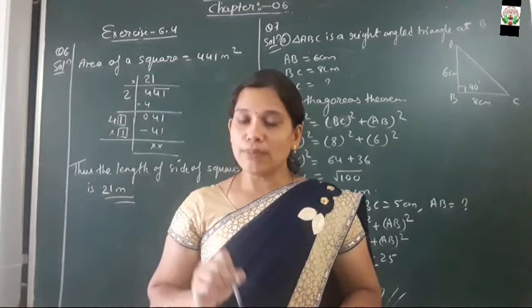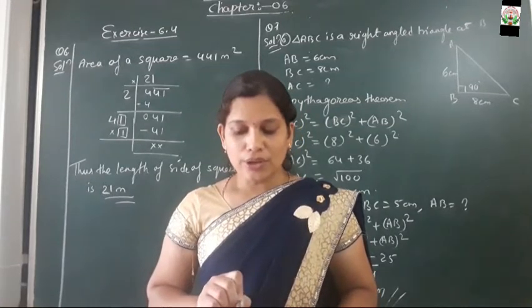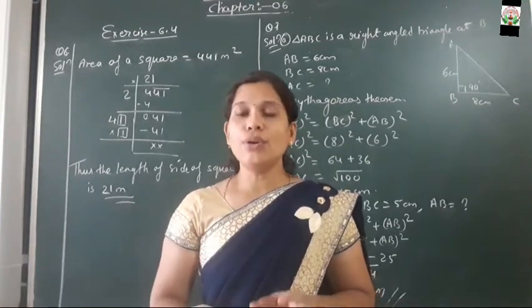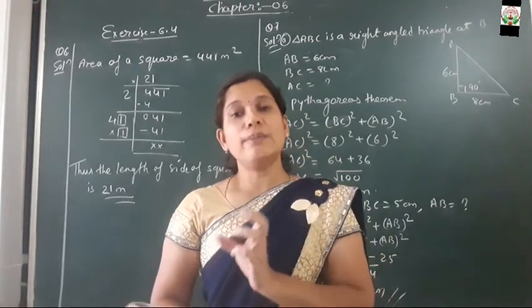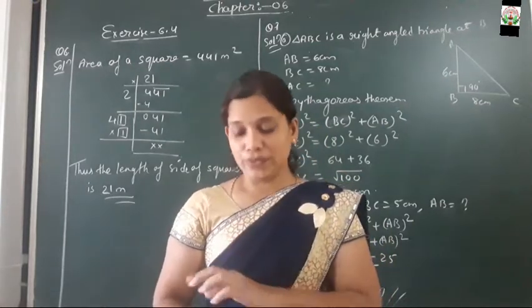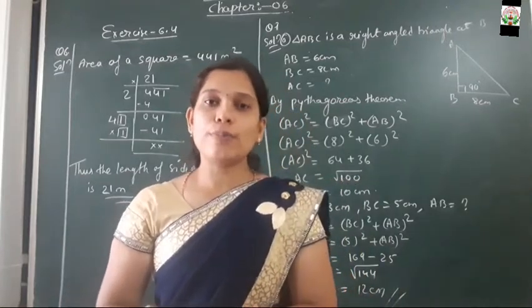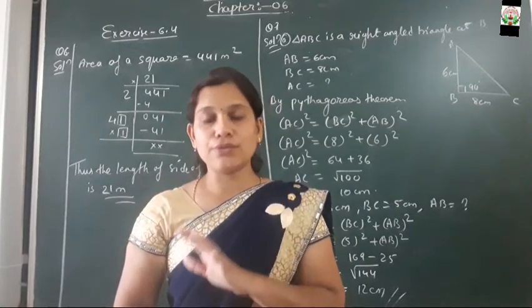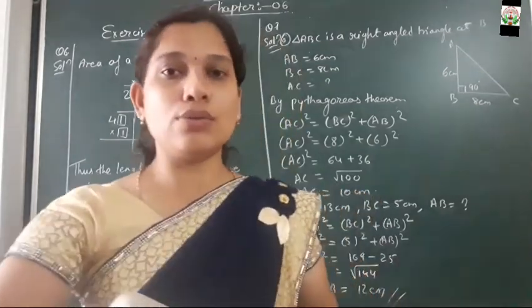So dear students, here it is said the number of rows will be equal to the number of columns, and in that question the number of rows will be equal to the number of plants planted in each row. So for that, as the total number of plants is 10,000, you are going to find it by the long division method. Find it by the long division method and you will get the required answer. Now look how to solve the question.